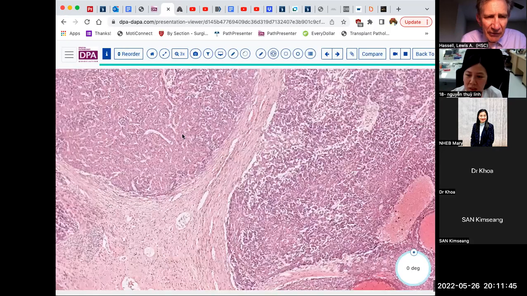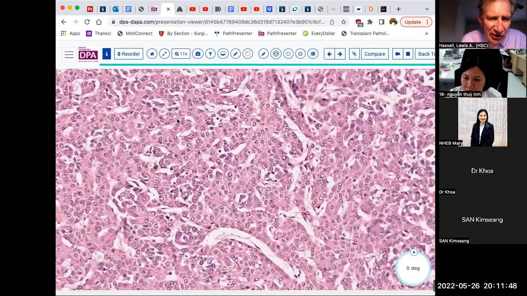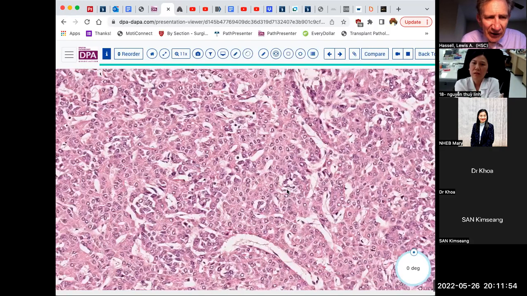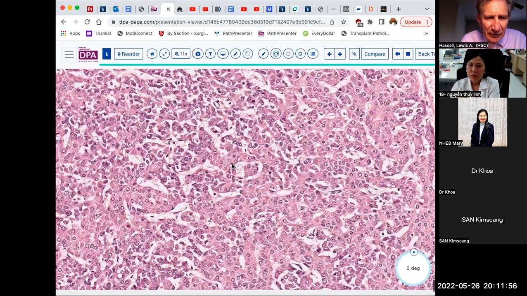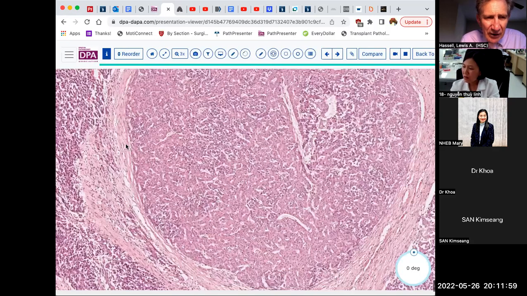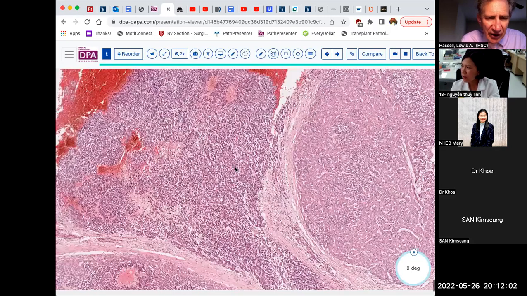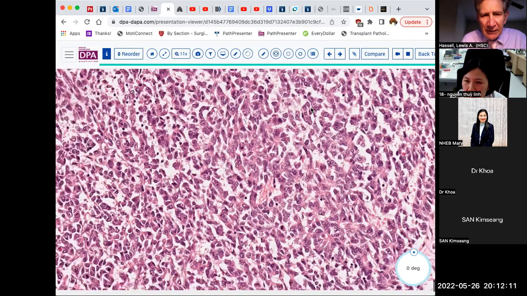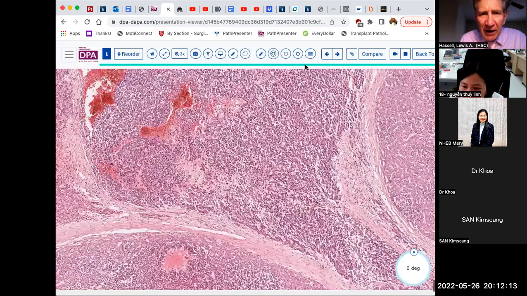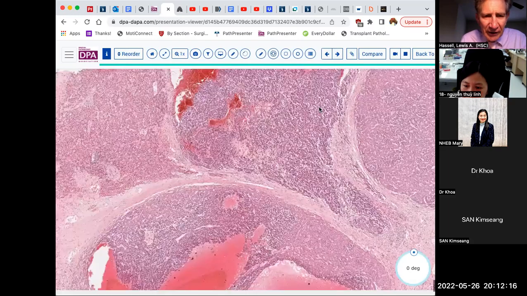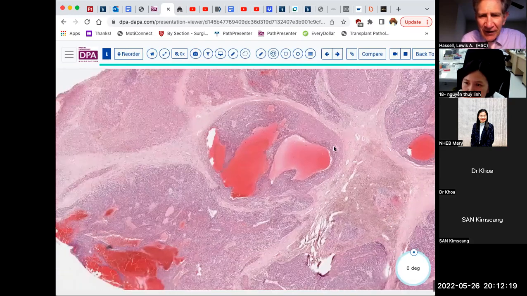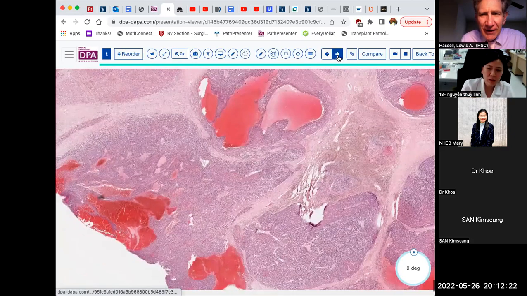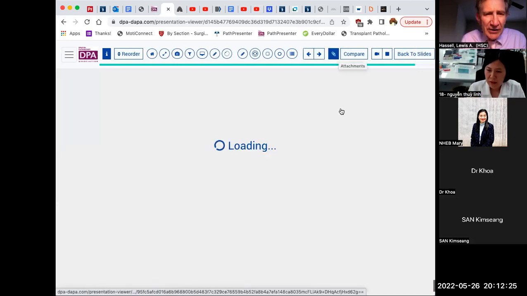Still no good development of great sinusoids, but sort of starting to look like you might be starting to get some sinusoids in a couple of these areas like this. So a little bit of developmental differentiation in this area, hardly any here. You can see some mitoses. So any questions about hepatoblastoma before we leave this? Okay, well, let's go on then to the